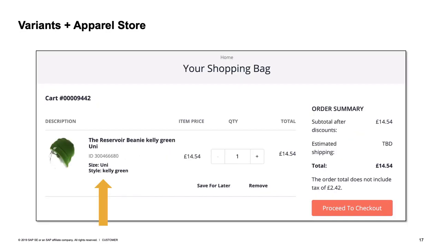And whenever it makes sense to display variant information, for example in the cart or in checkout, the variant information that you selected shows up in the product description. Our variant implementation works only with the out-of-the-box sample data, and if you have different variants set up, you can configure Spartacus to accommodate your differences fairly easily.